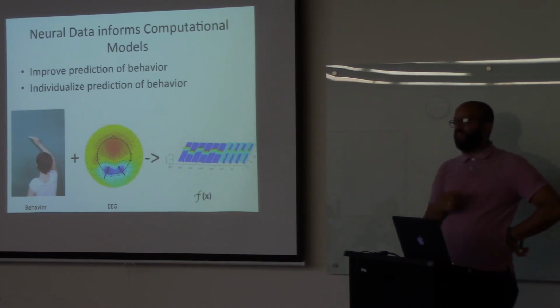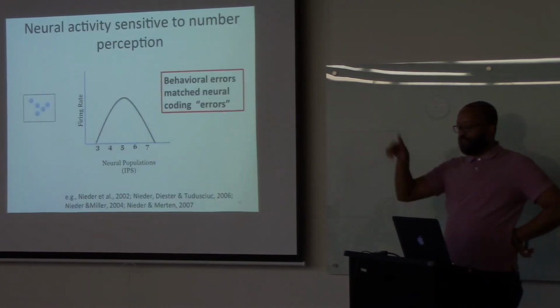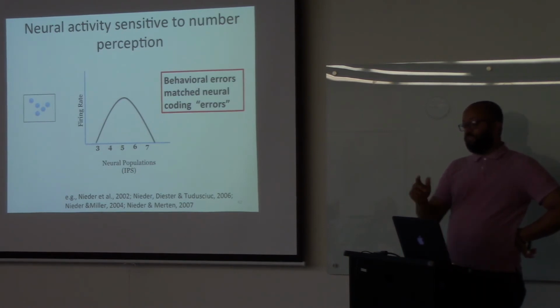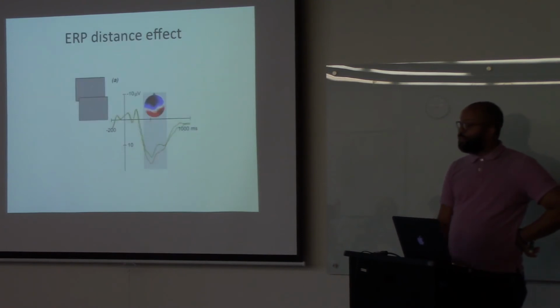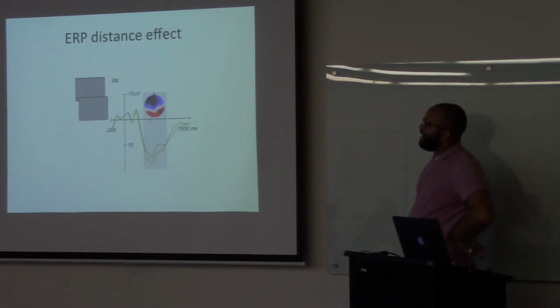So EEG is part of that, and that helps us try to customize the models for each individual learner because we can get some reliable data about the neural responses to these different tasks. And so I mentioned before, we're creating these neural tuning curves. At first I was just roughly estimating them based on behavior, but by including things like EEG, we know that there's a little bit of variation in EEG on that number comparison task that seems to have to do with